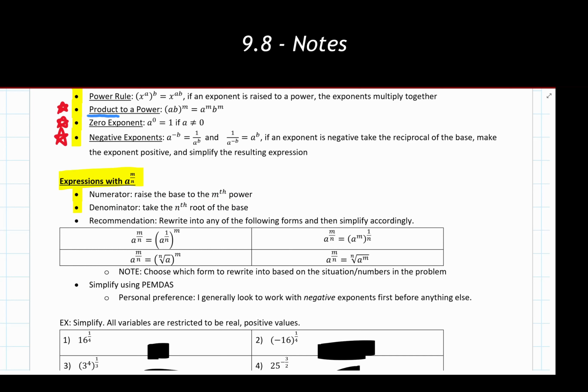In this case, we're using m over n as our fraction, so the numerator, being m, tells me I'm going to raise the base to the m power. The denominator says I'm going to take the nth root of that base. You can also think of that n as the index of the radical that we're working with. So again, using our example of m over n as the exponent, it means I'm going to take the nth root of whatever this base is.